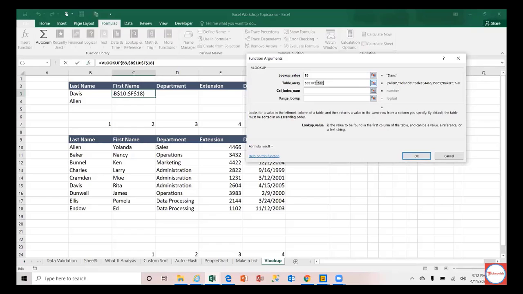Those who don't know, you can read about absolute reference. You will get to know what exactly I'm talking about. I'm thinking most of you have used this. It is called absolute reference, or the reference is fixed.